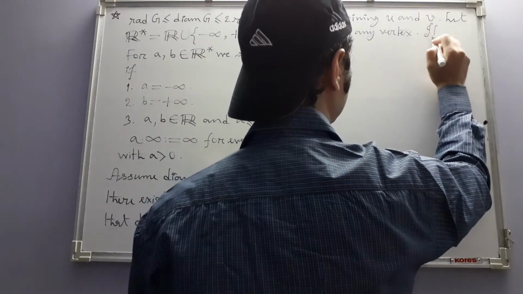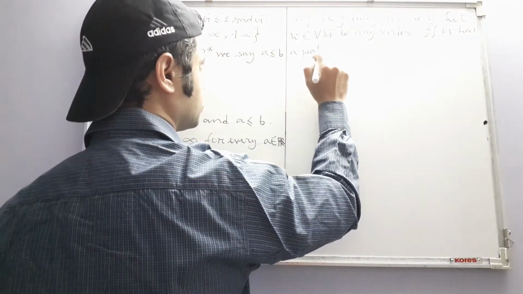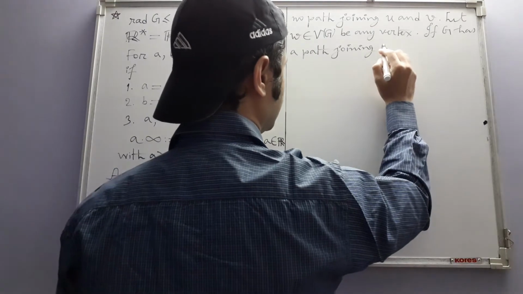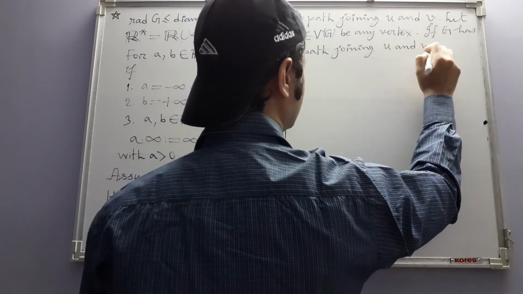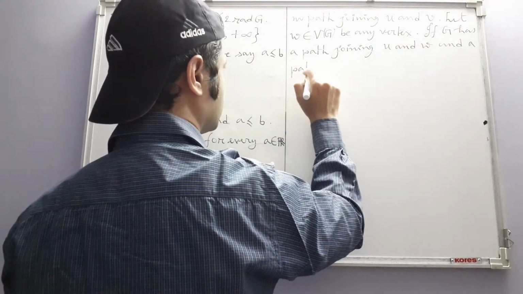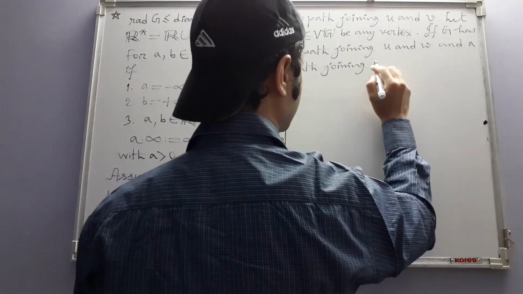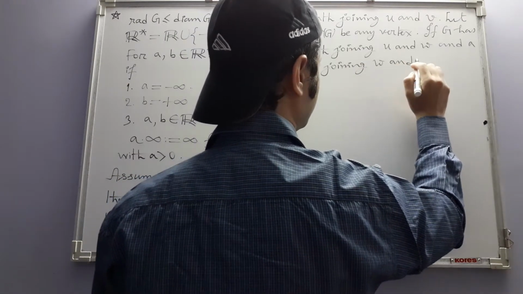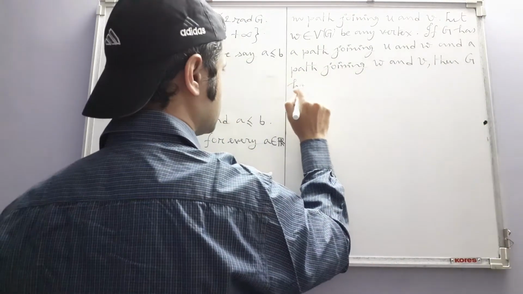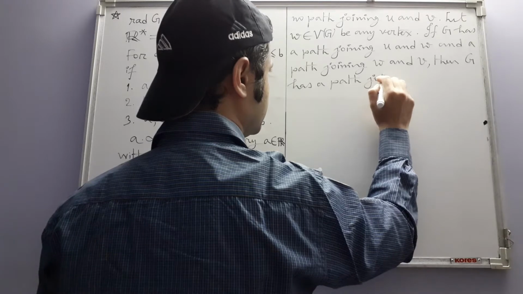If G has a path joining U and W and a path joining W and V, then G has a path joining U and V